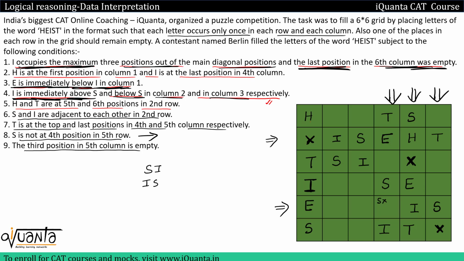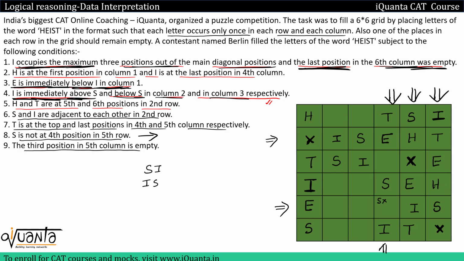Then in this particular column I have to place EHI. Okay, so E has multiple places, multiple possibilities. E can be over here, E can be over here. So let us look for H. Okay, so H also has multiple possibilities. H can be here, H can be here. So only I remains. Let us check for I. I cannot be placed over here because we already have I in this row. I cannot be placed over here because we already have I in this row. So only place for I is over here. Okay, then in the same column, the last one, we have only E and H to be placed. E cannot come over here, so E will come over here, and here we'll have H. Okay, so I'll write H over here.